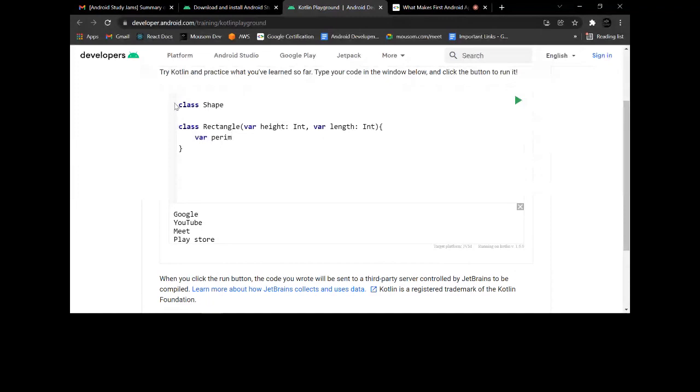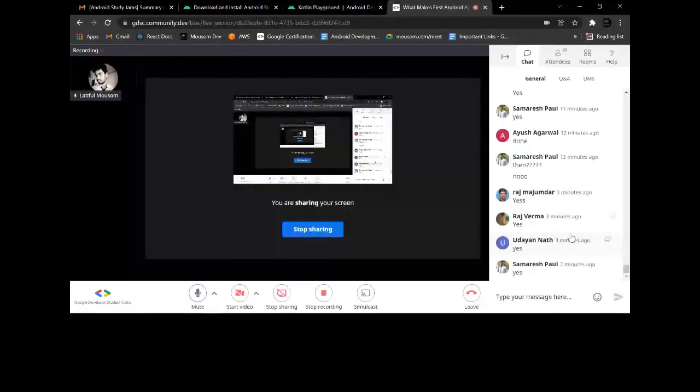So perimeter equals to, the formula, I think most of you know, just drop the formula in the comment. What is the formula for the perimeter of rectangle? Most of you know about this, this is basic math.